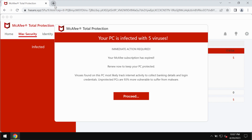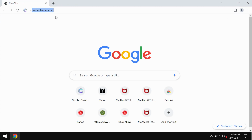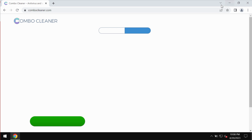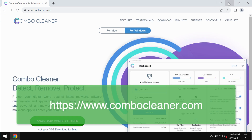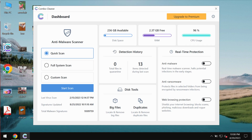If you see these pop-ups by Hasans.xyz, disregard these pop-ups. They are absolutely fake and really deceptive. Simply leave this deceptive page. Also, we recommend you to scan your system with Combo Cleaner Antivirus. Get it on the page combocleaner.com, download the software, install it, and after it gets successfully installed, start scanning the